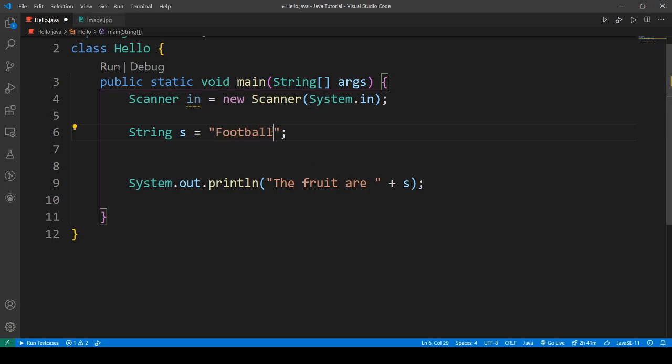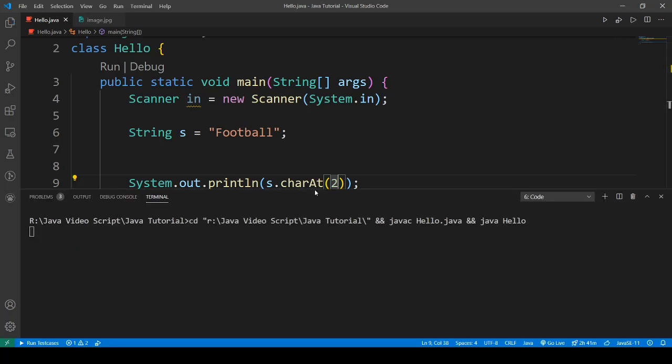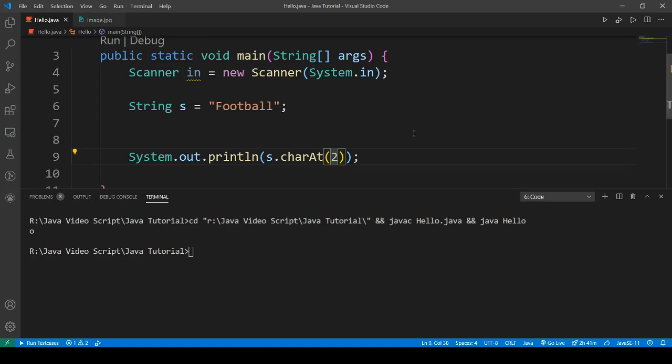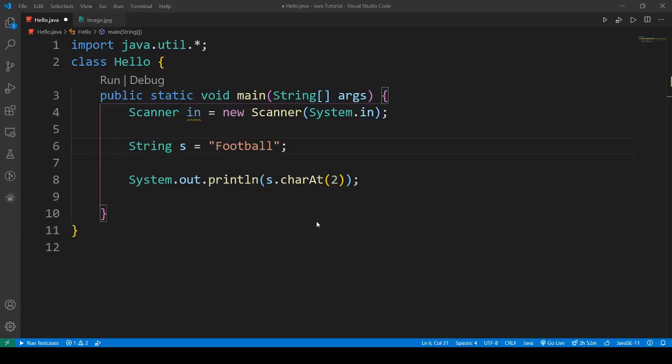Okay, so if we want the character at the index 2, which will be this o, then we can do it by using the method s.charAt(2). So this will print o. We see o here.